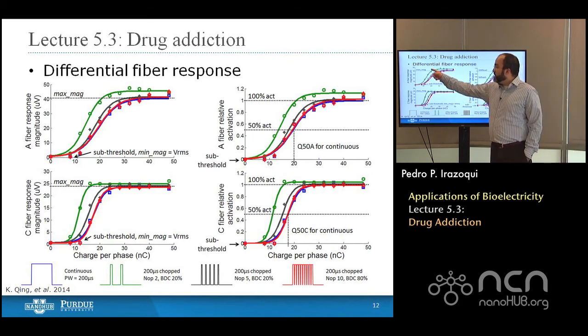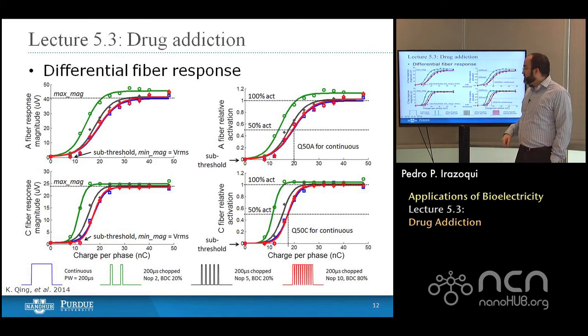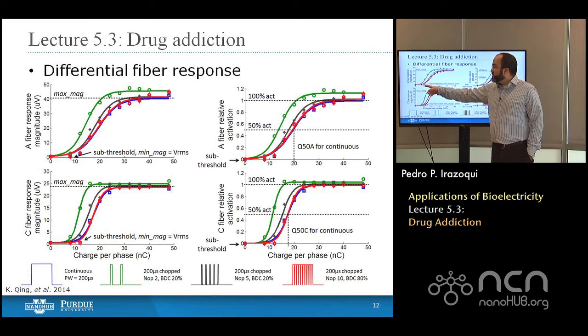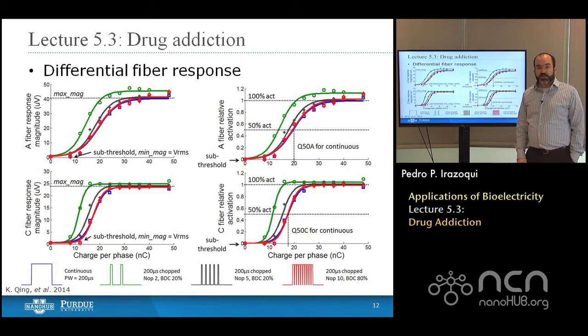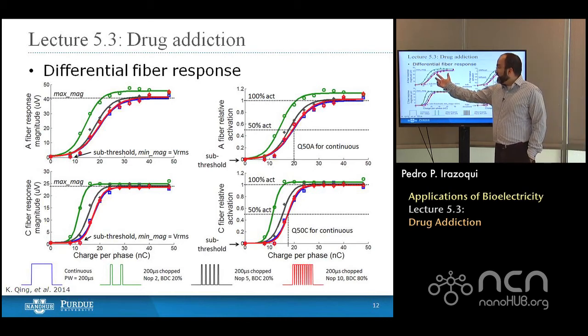And in fact, if you look at the green waveform, which consists of these 2 pulsons with a 20% duty cycle, the green wave shows you that for a given amount of electrical stimulation, you get a much higher level of activation than you would with a continuous pulse. So we do, in fact, see better efficacy with less current rather than better efficacy with more current, as we did in the earlier DBS example where we went from 100 microamps to 200 microamps. So this is a very important finding, and it works for A fibers, it works for